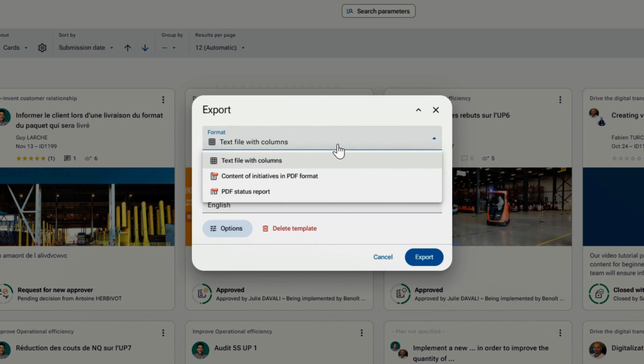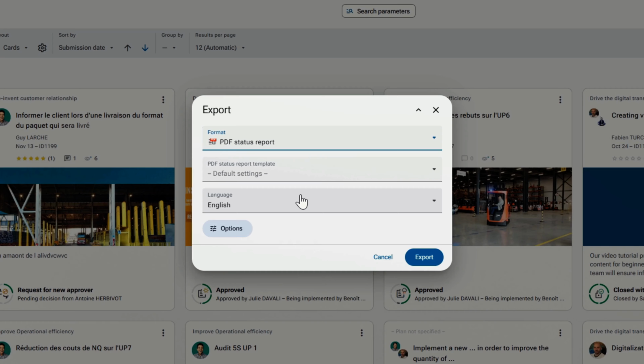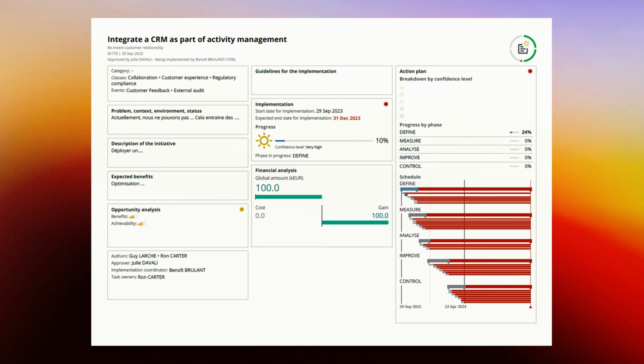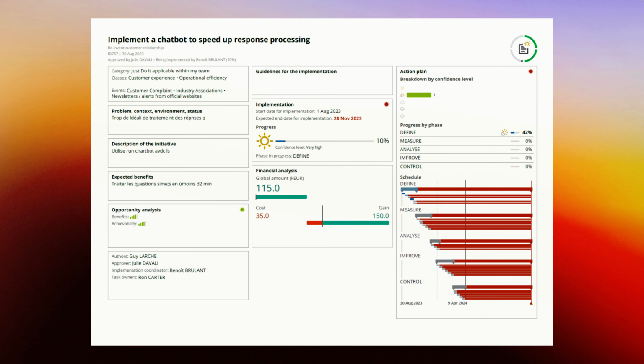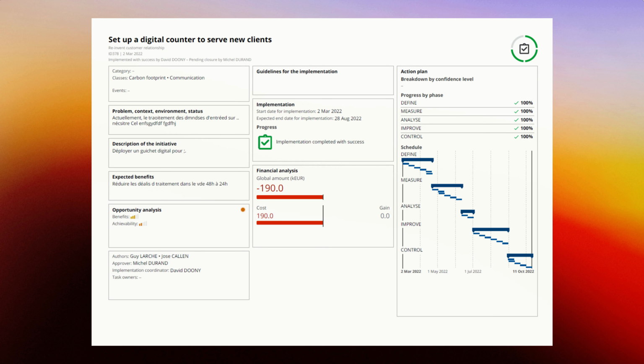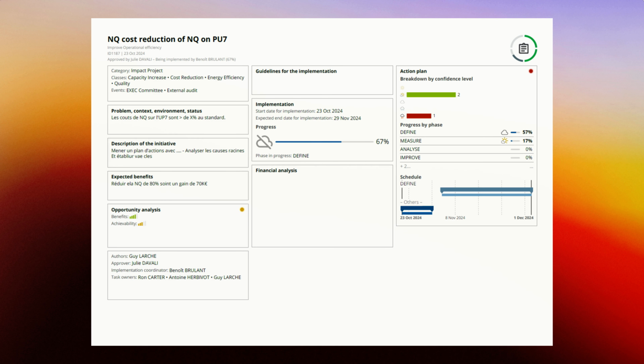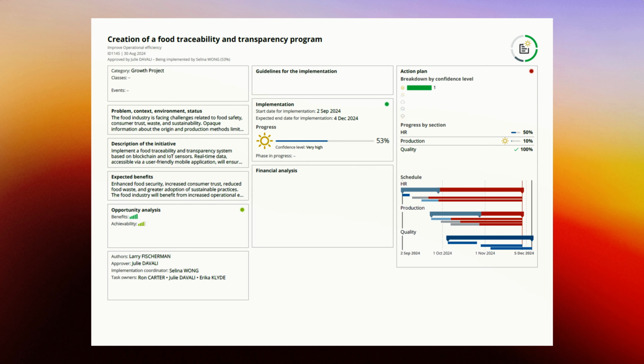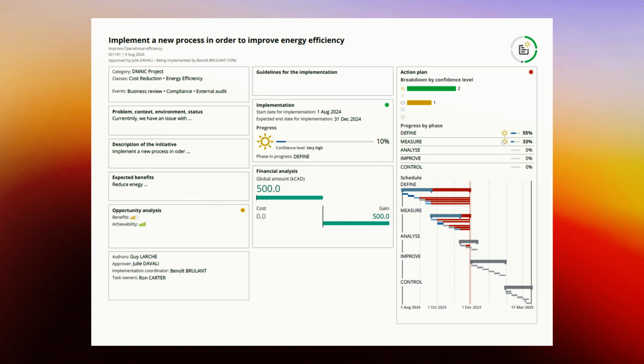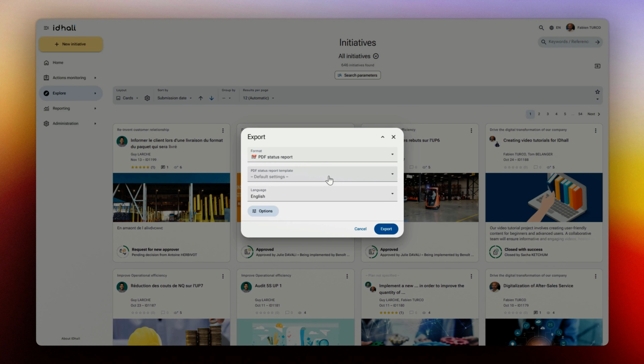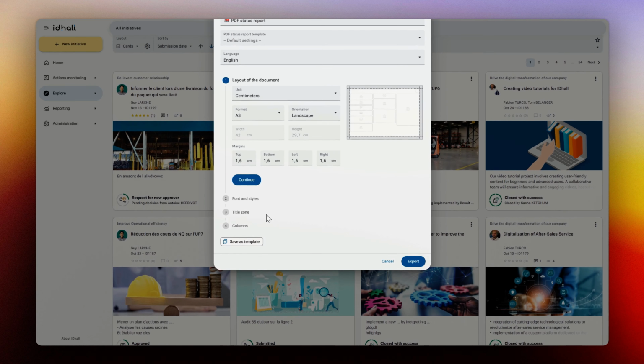The last export format is the PDF status report. This report generates a document with 1 page per initiative. It features consistent positioning and spacing of information, regardless of the initiative's content. This format is particularly suitable for creating A3 size displays, making it easy and visual to communicate about initiatives and their progress on site. Numerous options are available to configure your PDF status report: